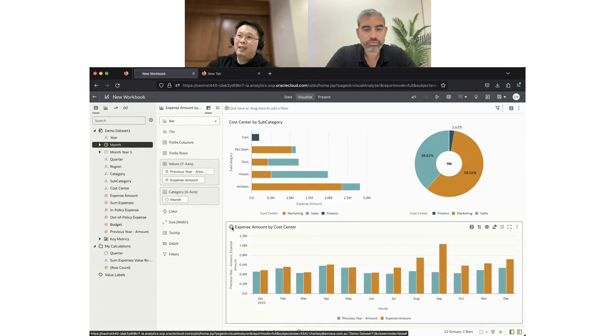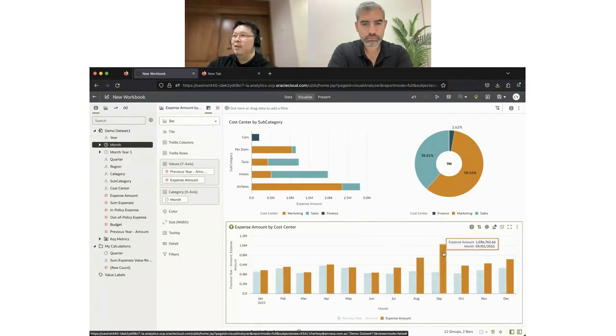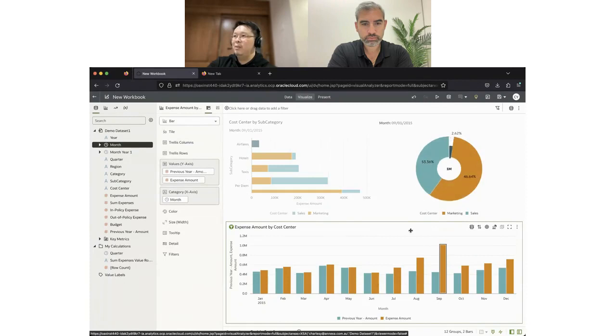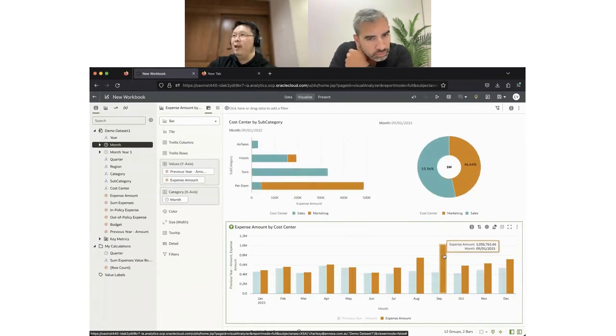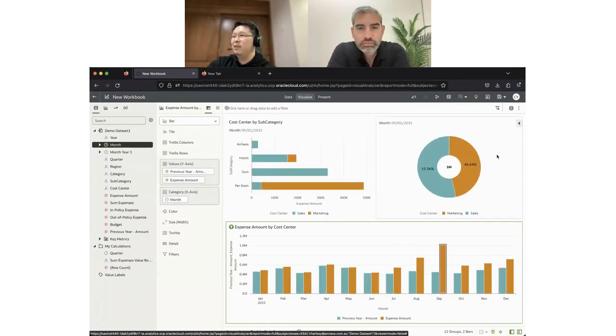So I'm going to click here and use this chart as a filter. It gets interesting because now you're able to interact with your chart to drill down and get more information. I'm going to click on September alone, especially this spike here. And right away, instead of the typical marketing that we anticipate, it is the sales cost center that is contributing